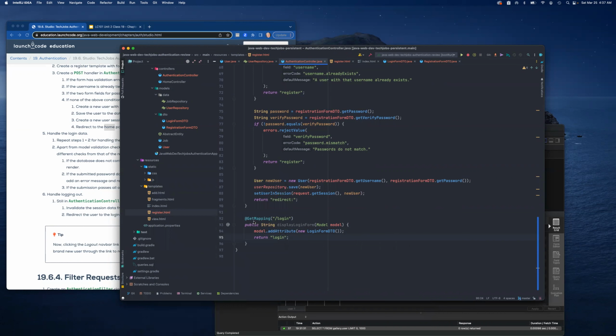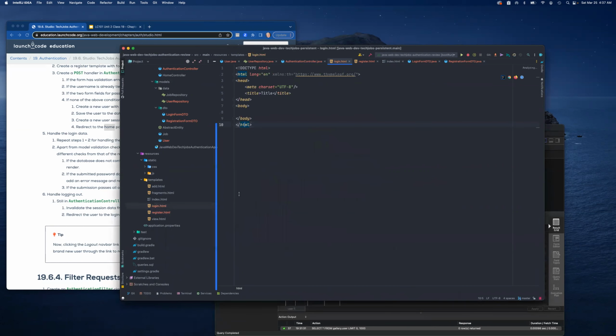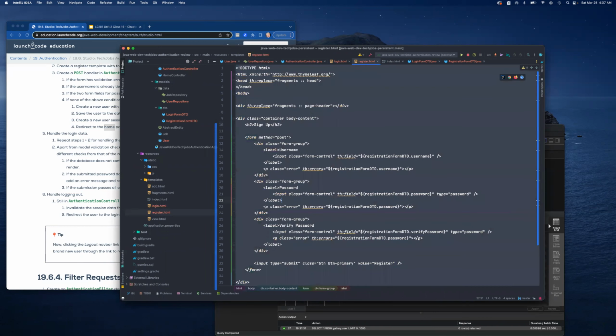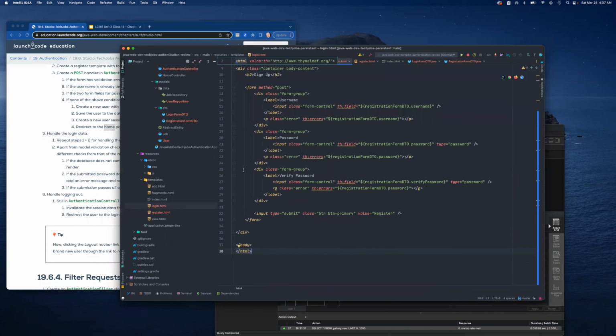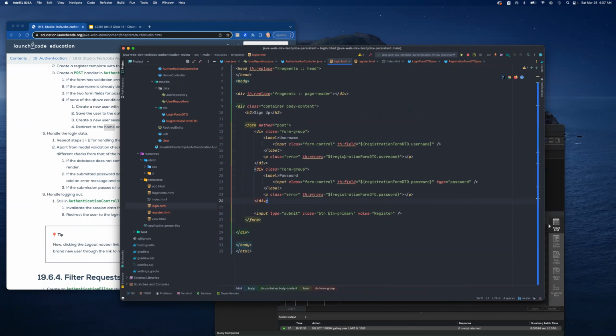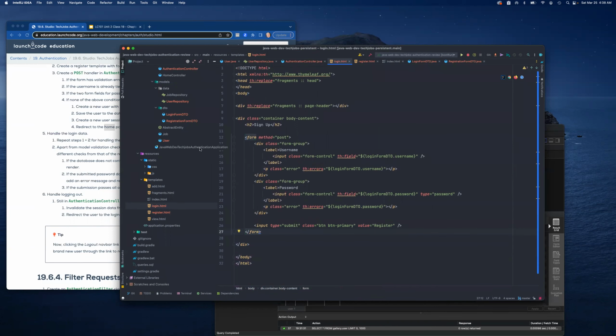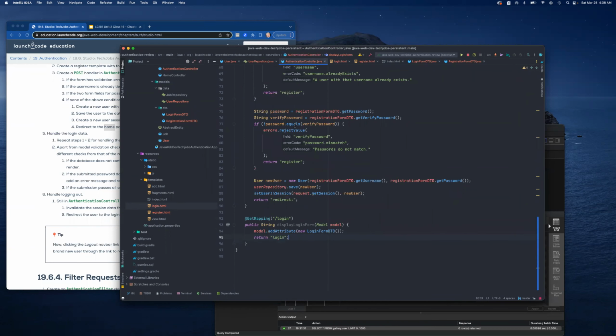So let's add a new form here and call it login. And let's just take register and copy it and paste it. And then we can get rid of verify password. We don't need that. And then we just need to change this to be login form DTO everywhere. Okay. Good. So now we can go back to the authentication controller and set our